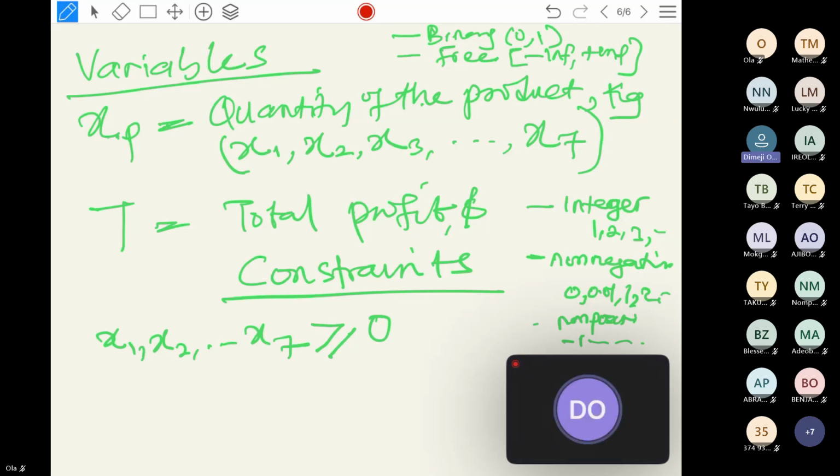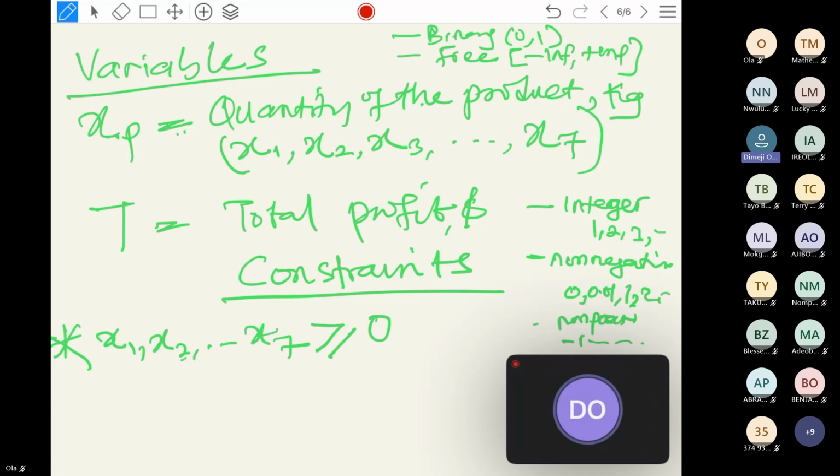So if you do not set that into your code, into your model, it can assume any value, any kind of data for this particular variable. So you can assume negative for it. You can assume anything. So you have to ensure that you set it in the right way.